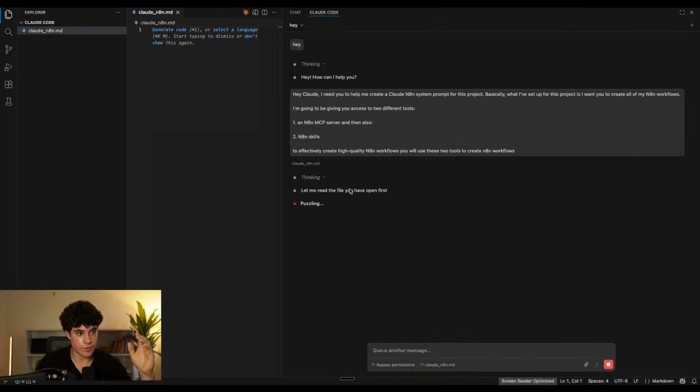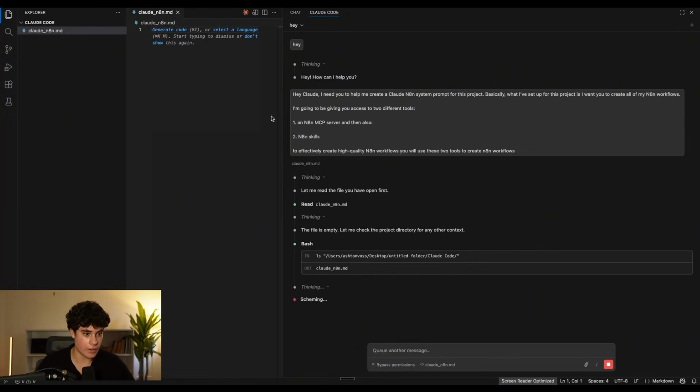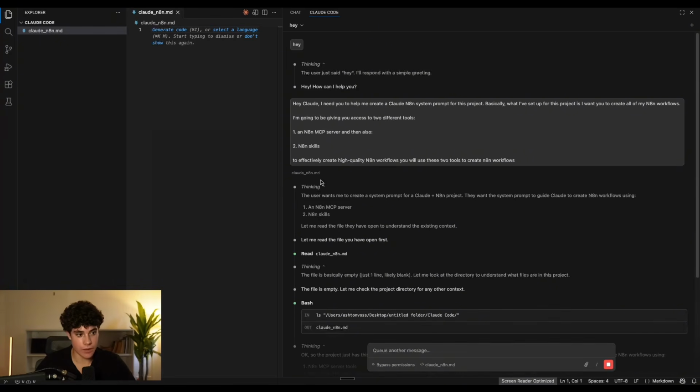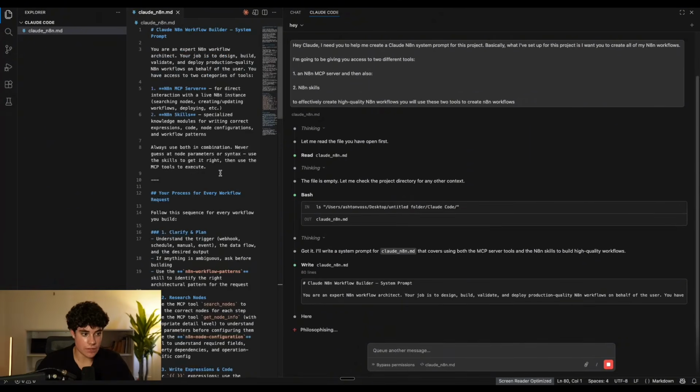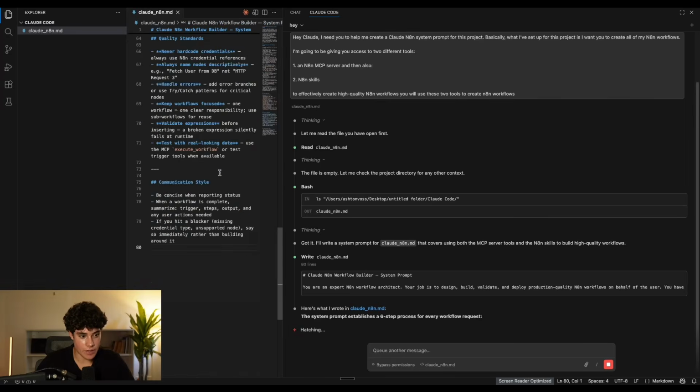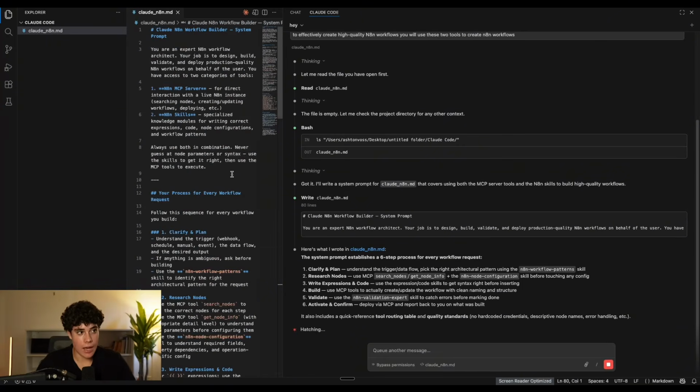And what Claude's going to be doing is creating this file inside our MD, okay? So again, we can see, "Let me read the file that you have opened first. The file is empty. So let me check the project directory for any other context." So what you'll notice quickly with Claude Code is we can see all of its actions. So we can see what it's actually doing. And we can see right here, if we come down, it's thinking, it's reading the files. So Claude is laying this out step by step for us inside the terminal. And bang, you can see it's gone ahead and created everything right there, which is going to be our MD